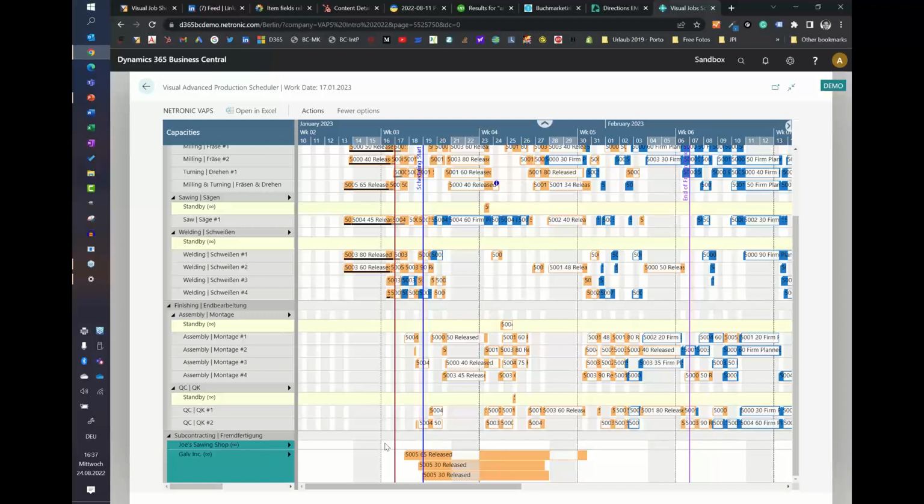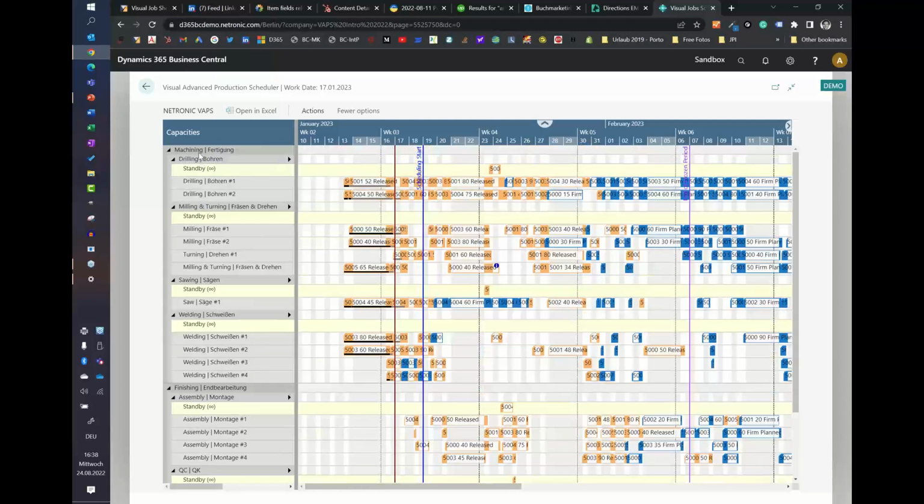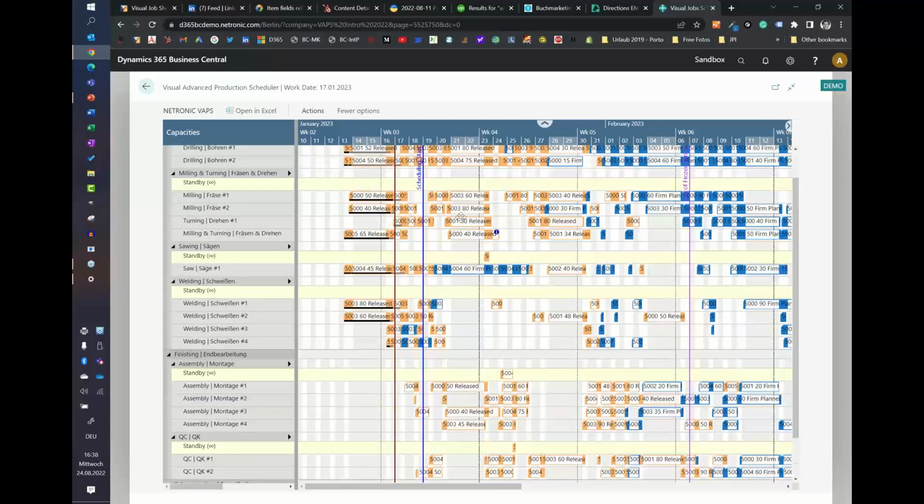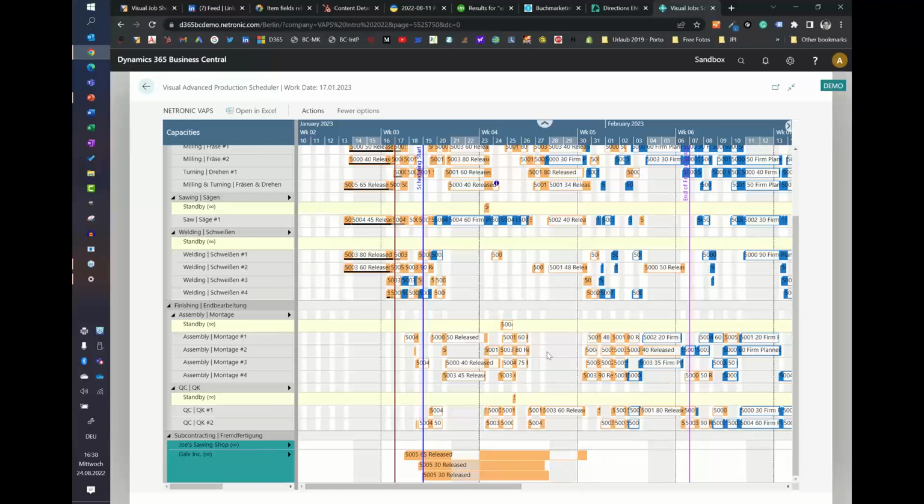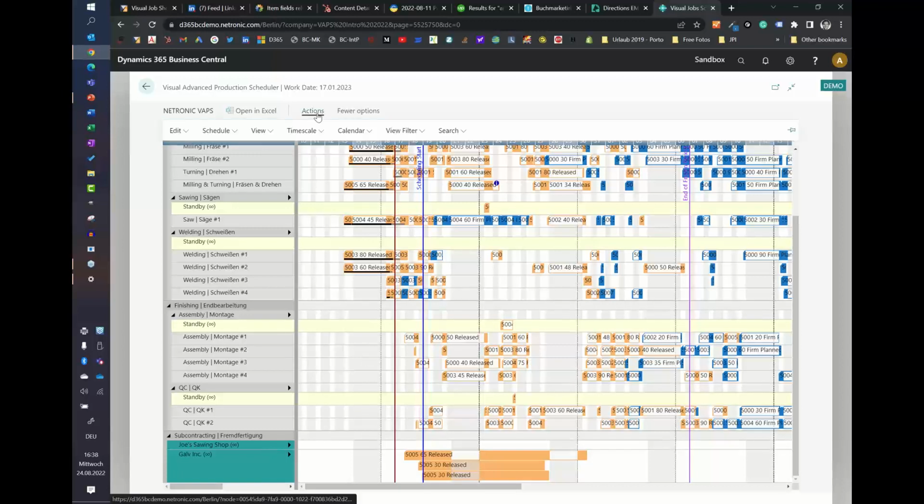Sorry. And now you see there are some parts of this non-working time that we show in gray that is common to all my work and machine centers, right? And these are the weekends. So neither my subcontractors nor my finishing department nor my machining department works on Sunday and Saturday. So why show this non-work time all the time, and hence consume a lot of valuable space here on my screen? So if you do not want to see it, then under action,